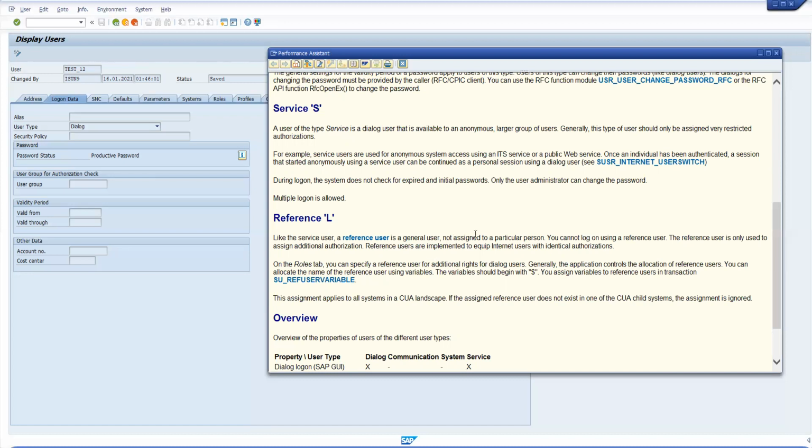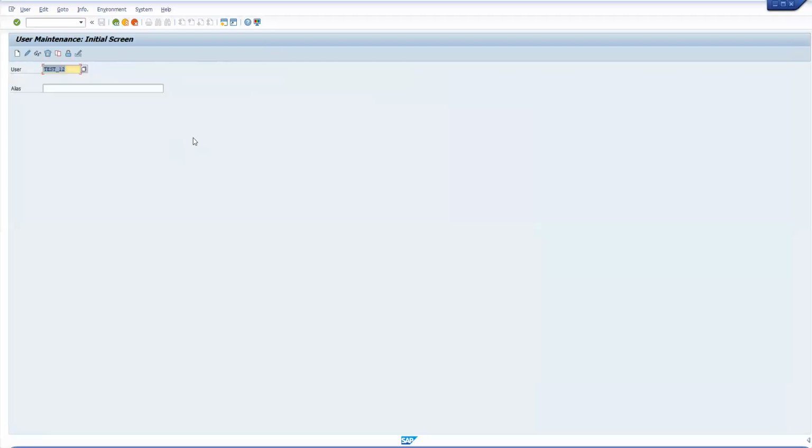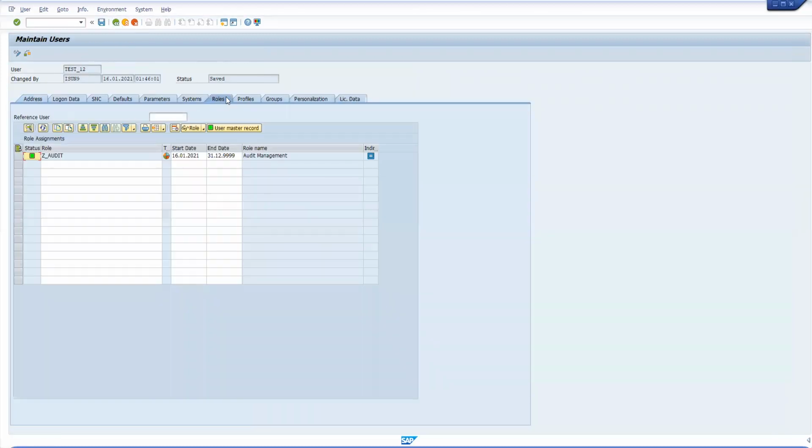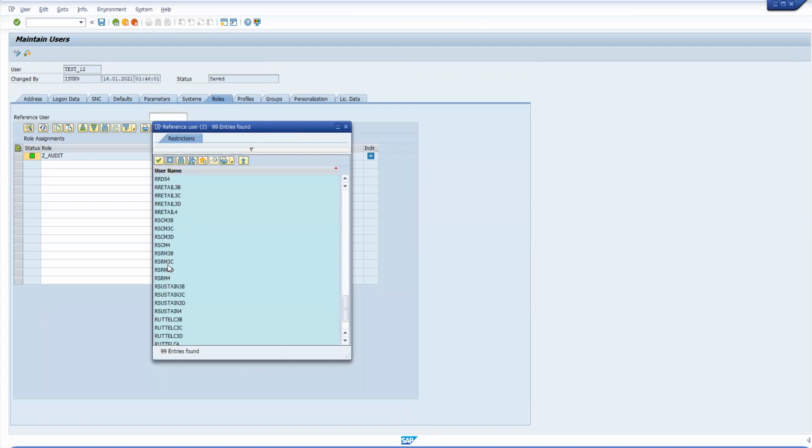So how do we assign this reference ID's authorizations to an existing dialog ID? Where we do that is, I'm in the SAP screen, in the SU01 screen. I'm going into change mode. Go to the roles tab. You have something called reference user here, right? This is where we map the reference ID to this particular dialog ID. So these are all set up as reference IDs, and we'll be able to map any of the IDs